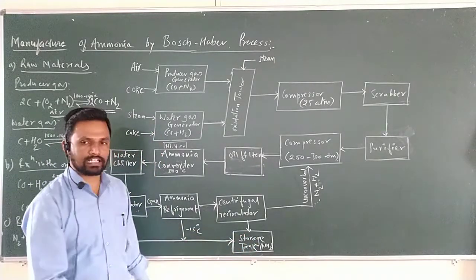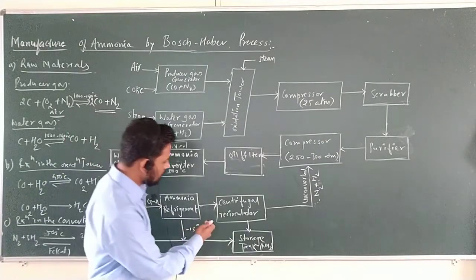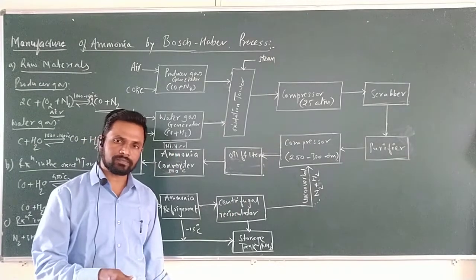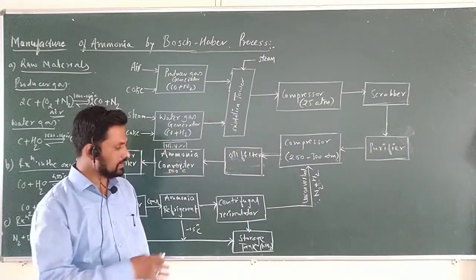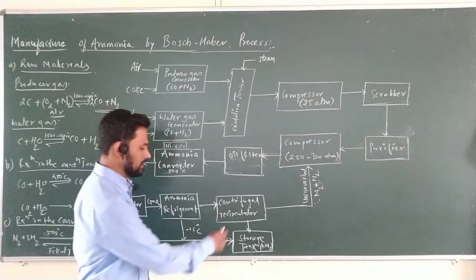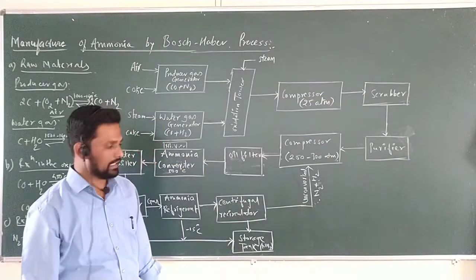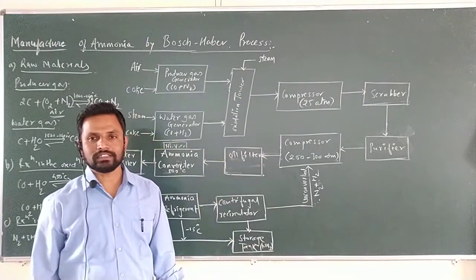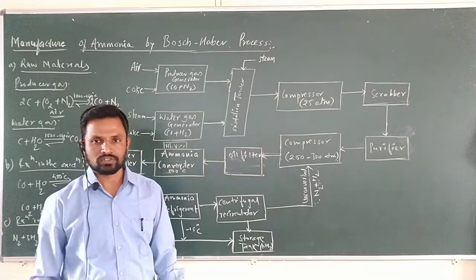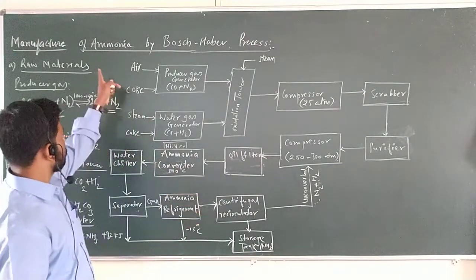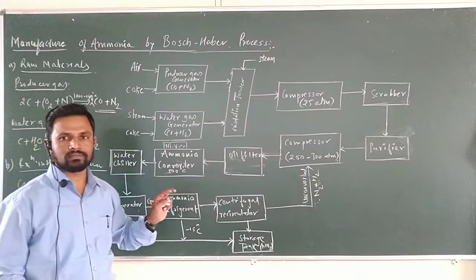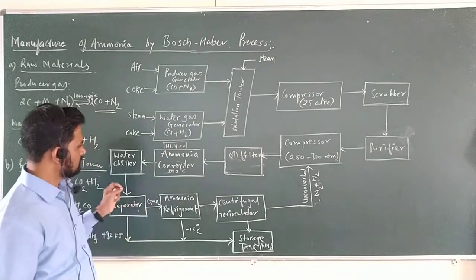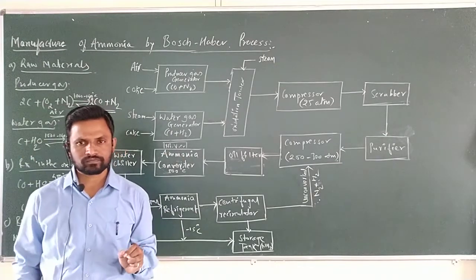If any gas form is still present, it is further passed towards the centrifugal recirculator, where the ammonia is collected with recirculating centrifugal machines and finally collected in the storage tank. The unconverted nitrogen and hydrogen are further passed towards the compressor as well as the converter. So likewise there is the formation of ammonia by the modified Bosch-Haber process. I hope this very simple flow sheet is clear.